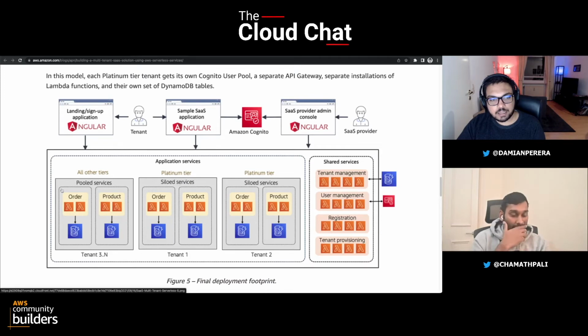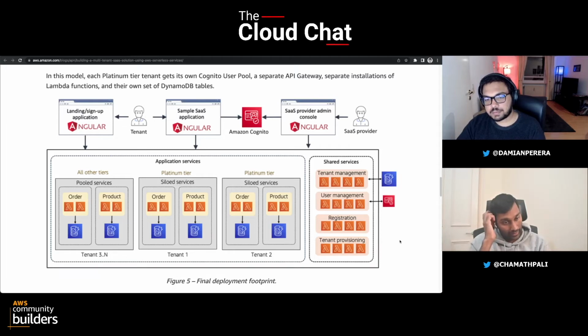So basically these guys would be one tenant, these guys would be another tenant, these guys would be another tenant, and you would have more tenants. They consider these lower tiers as one complete tenant, and then different tenants would have different services here. But the key insight to get here is basically